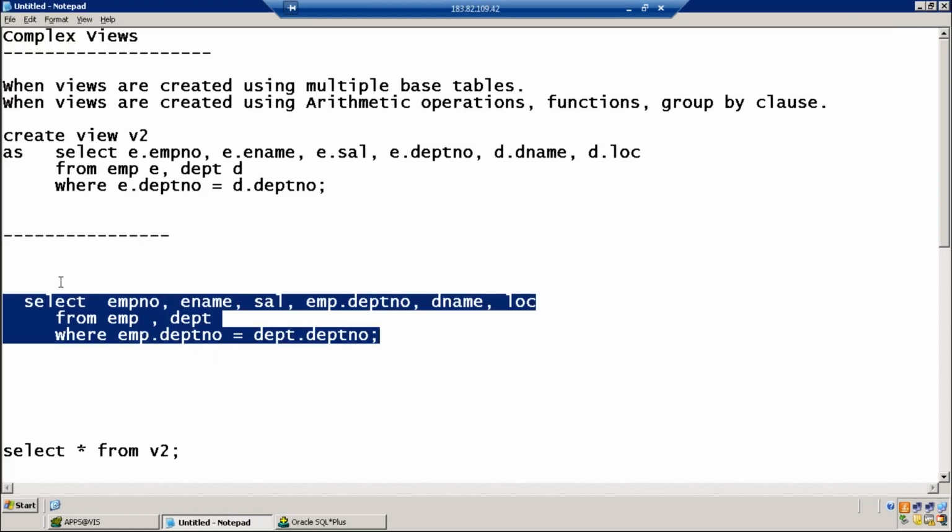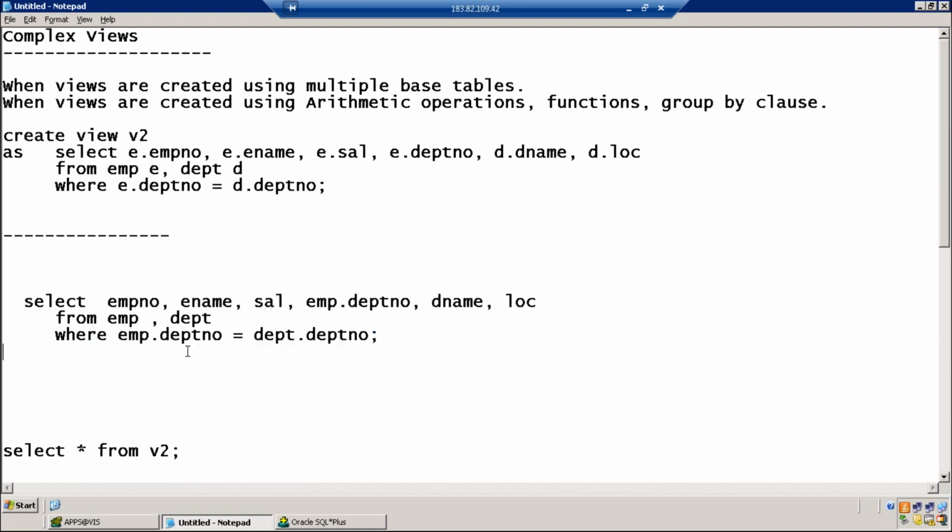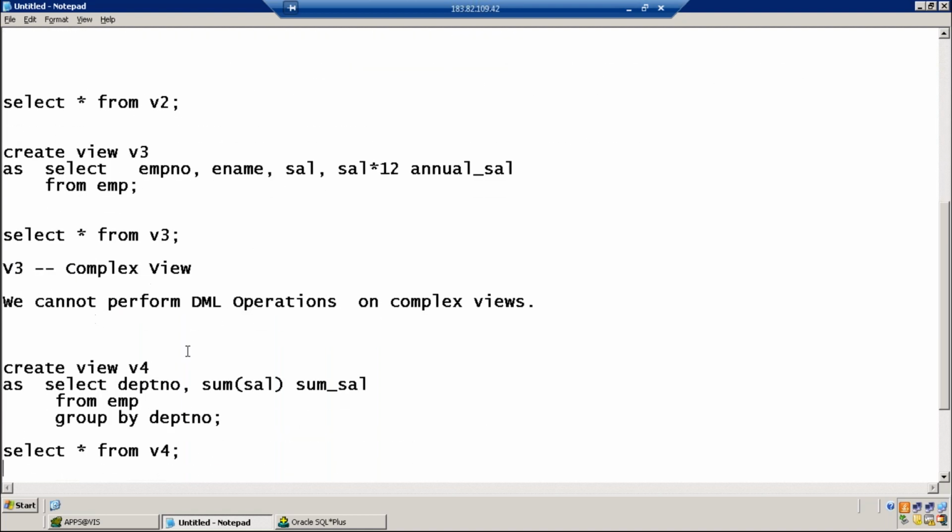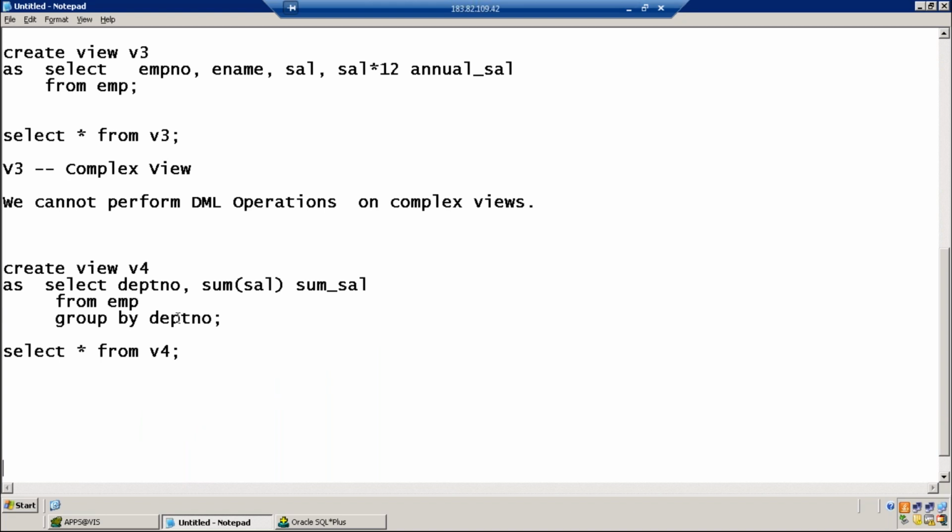Using this query, you want to create a view? No, not this one. I was saying the previous V4 you have created. This is okay because the column exists in both the tables. That's the reason the system doesn't understand which one to take up. But here in this V4, if you can make it V5 and remove this alias, I mean sum underscore salary. Okay, I'll come back. I thought your query was related to the previous example.